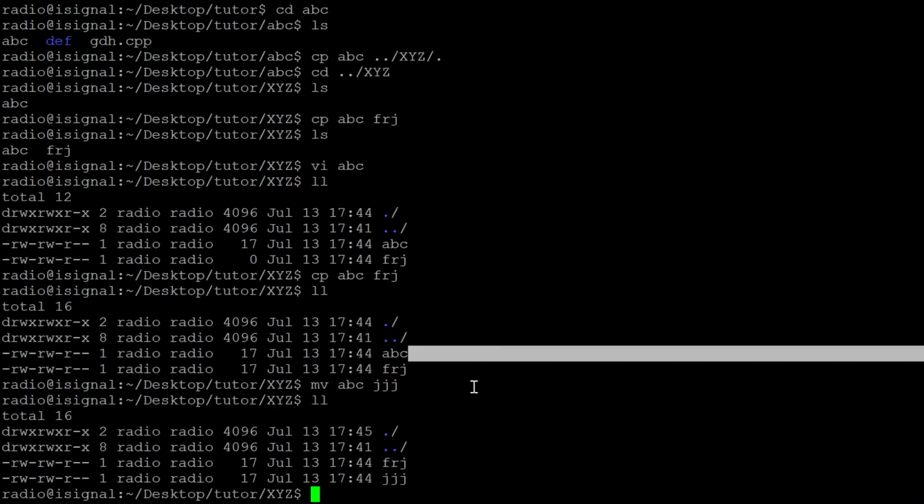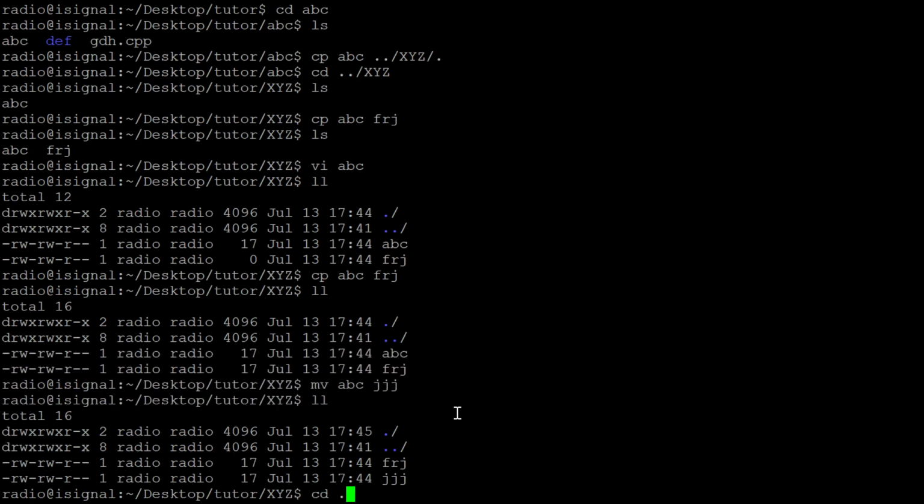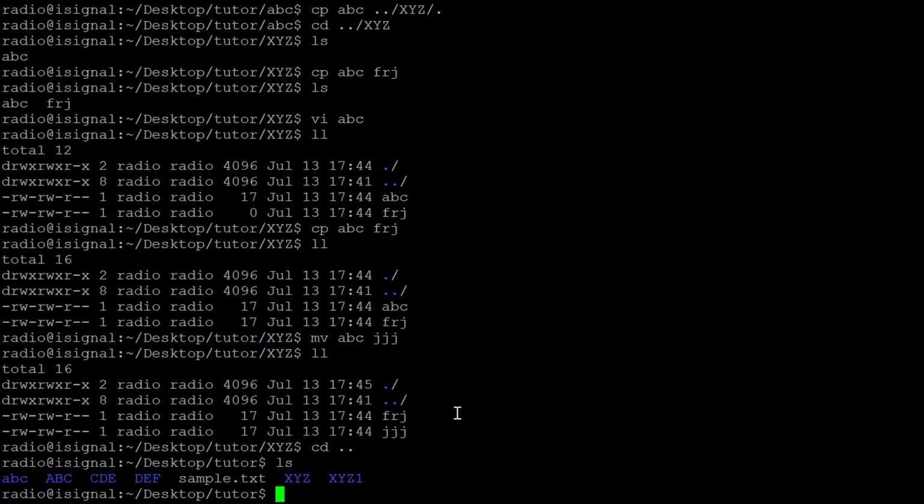Okay. Now let's do it with directories. For example, ABC is there. The command we have to give is cp minus rf. F means force, R means recursive. It means it won't ask for any confirmation, it will directly copy.